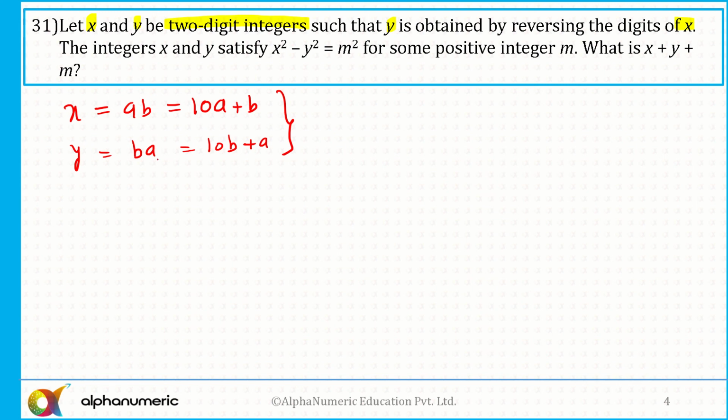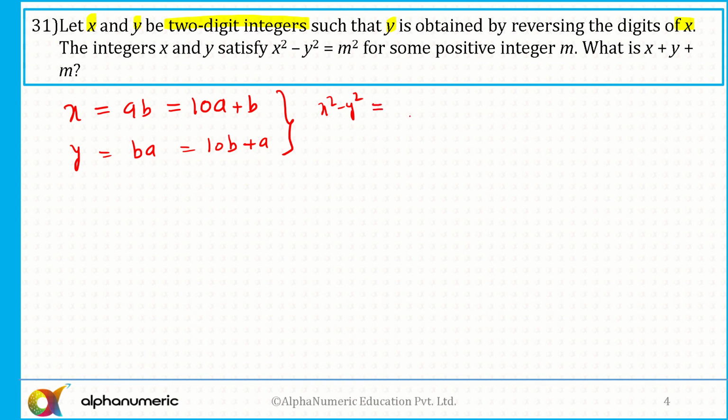Okay, so the difference of these two-digit numbers is also a perfect square. So what is that here? One of the ways is to write down the list of all the perfect squares and check which two perfect squares, when subtracted, again result in a perfect square, but that might be lengthy. So just take here x square minus y square.